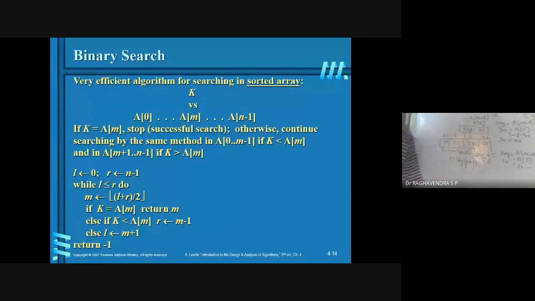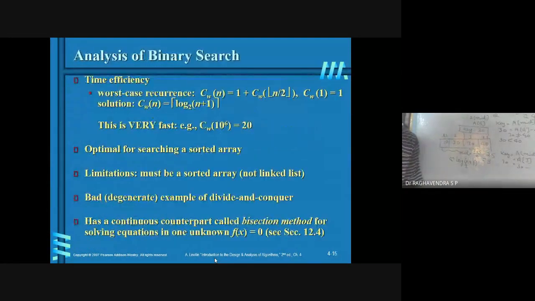The same thing has been given over here also. So analysis of binary search, we have best case, worst case, and of course average case. The best case means in the first attempt only you are going to get the key element. So this will happen if and only if the key element you are searching is the mid element. Suppose it is the mid element, in the first attempt the first comparison will be true, and a successful search will be returned.